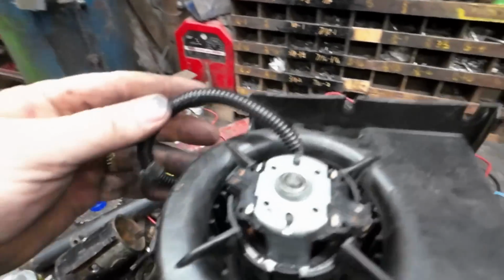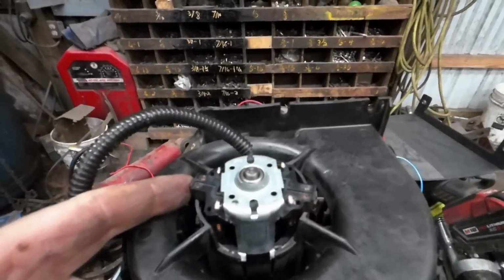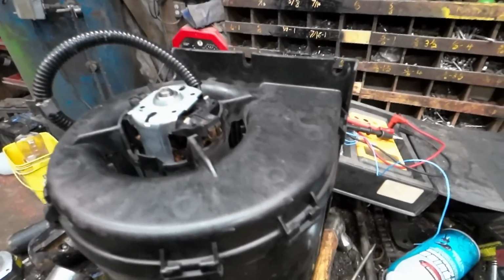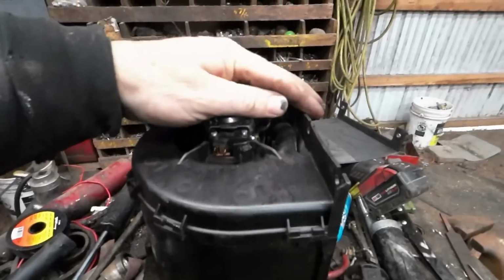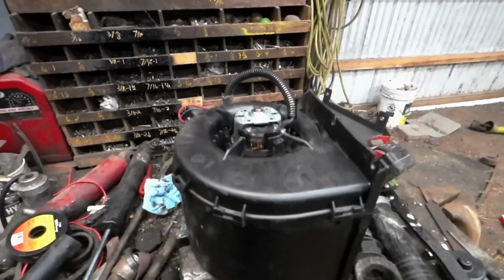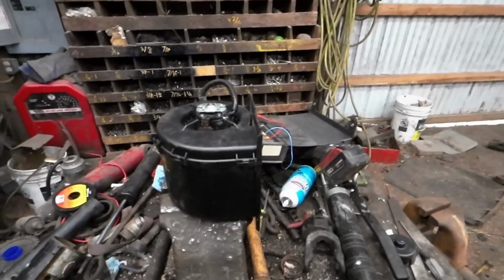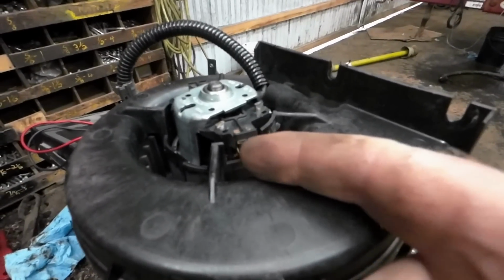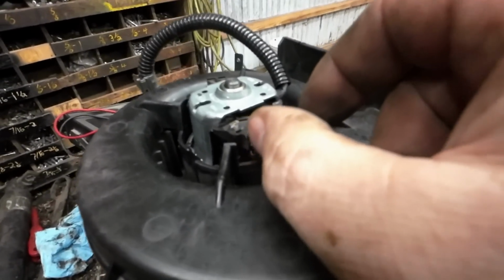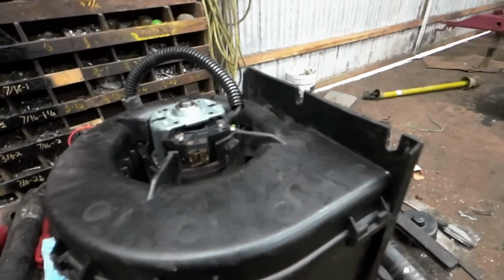And I mean, I could dig a little deeper, but I'll have to put my glasses on. I'm going to dig a little deeper because, you know, you probably can get some life out of these things more. Let me get my glasses on. I got them in my pocket, but I'm going to go ahead and pull these out and pull the spring out of there. And I'm going to pull the brush out of there, and I'm going to see how bad it is. Now, I wouldn't ever put this thing back into, say, this tractor,